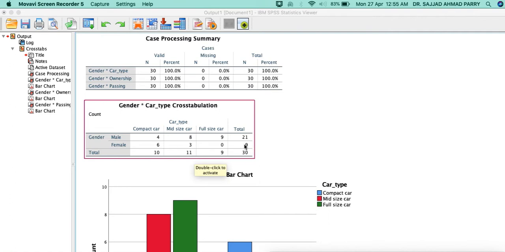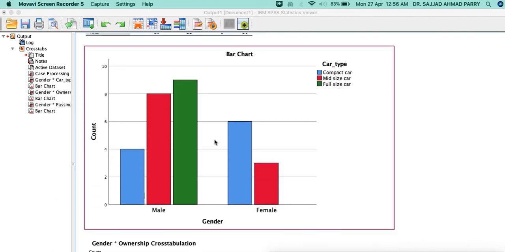And in that sample size, we have 9 females. Of the 9 females, 6 are using compact cars and 3 are using mid-size cars. In total, male and female, 10 are using compact cars, 11 are using mid-size cars, and 9 respondents are using full-size cars.